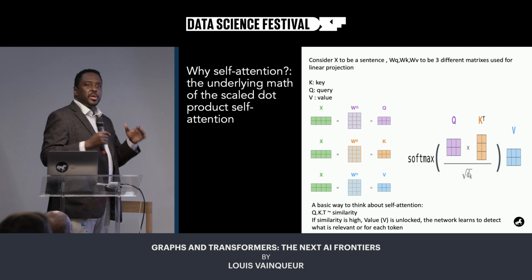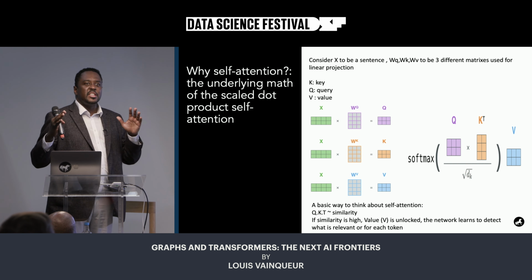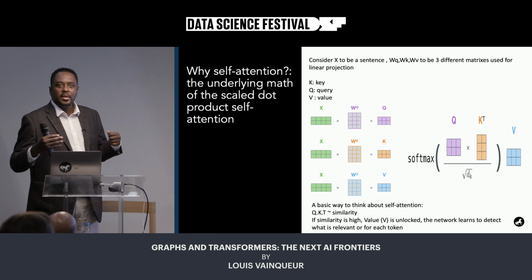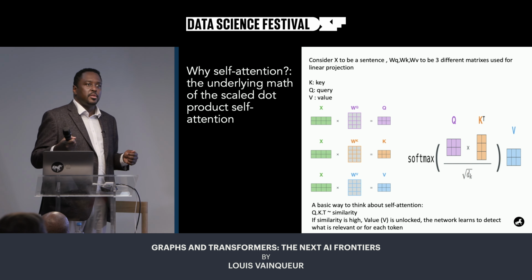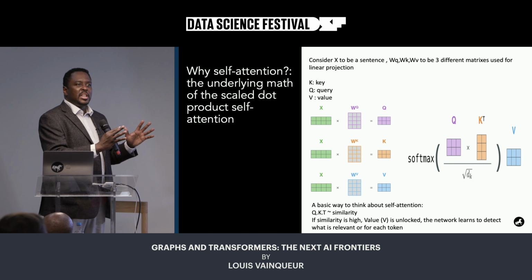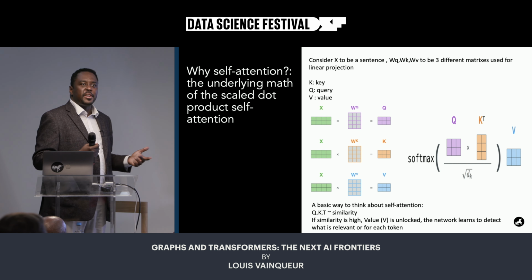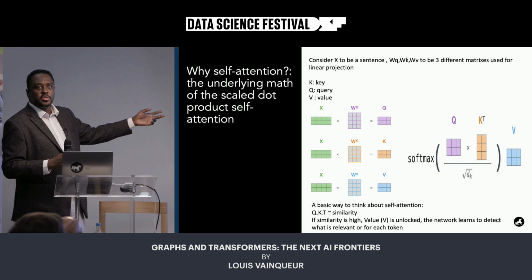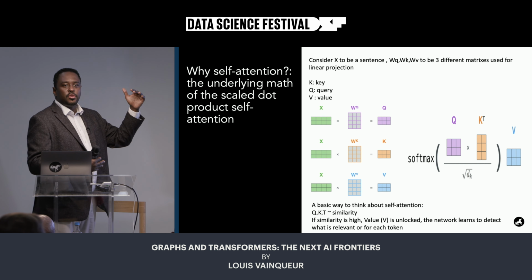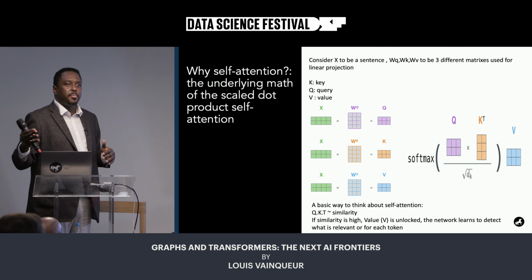So I know that might seem a little bit abstract. You're not alone in thinking that, but think about it as a database. You have a query, so you make a query. Then that query effectively tries different keys and finds the keys that correspond to that query. And it's only if the keys correspond that the value is released. That's effectively what's happening. The dot product is just a similarity measure, and then the softmax will create a weighted value of all the words that you have in order to create a better representation of each word at each step.